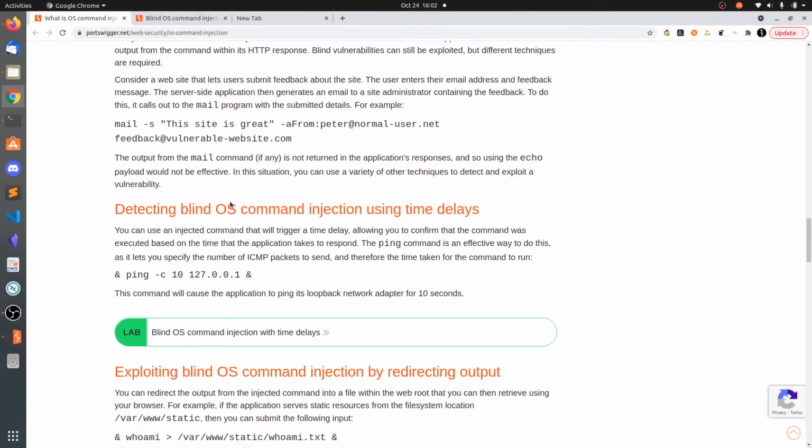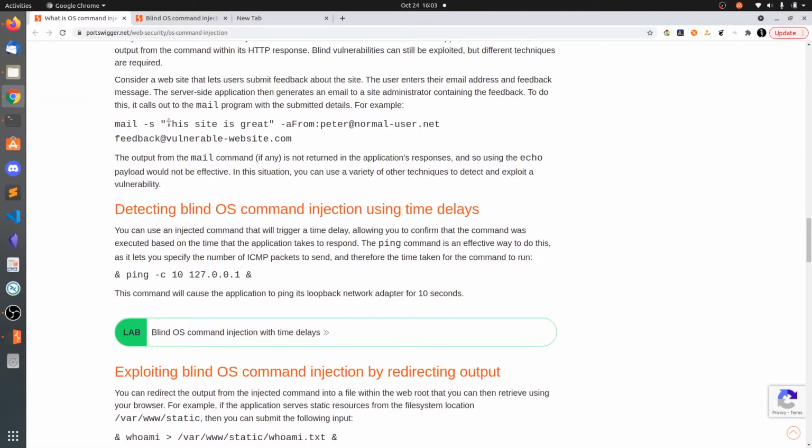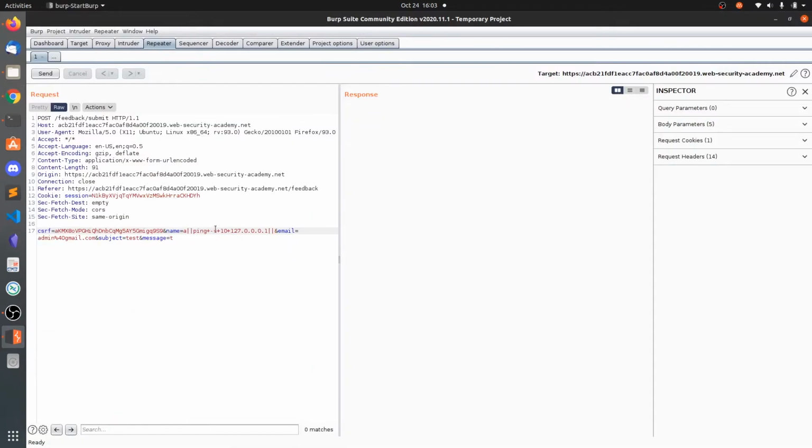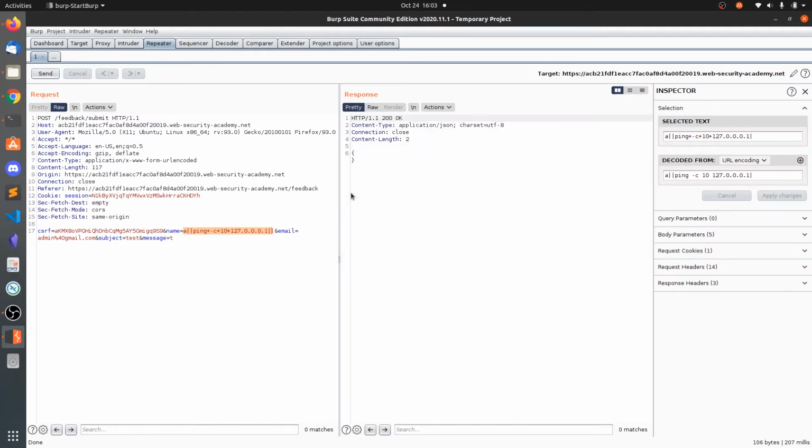We don't know where our content goes, like this name may go into the subject, and the other part should be executed as well. That's why we need to put & at both ends. So copy this payload and send it. We got the response immediately.